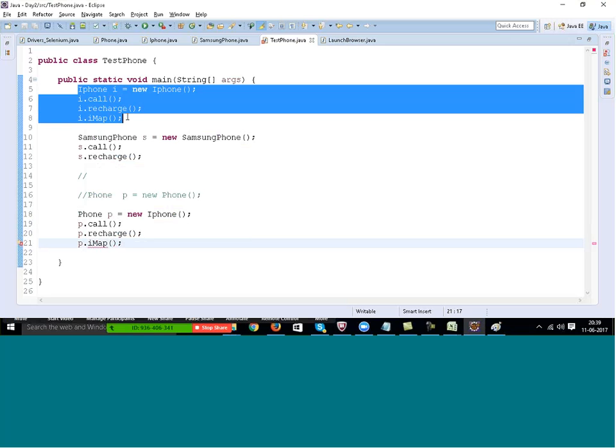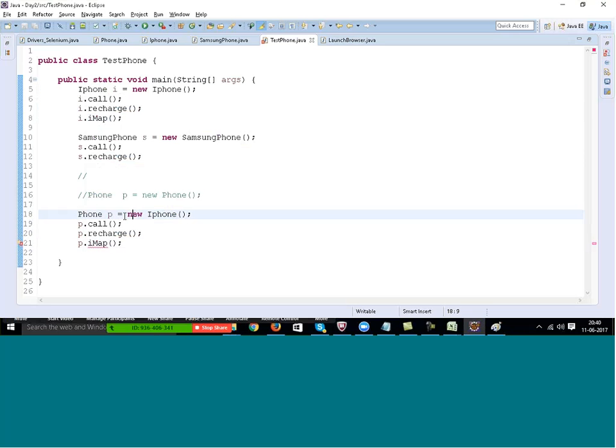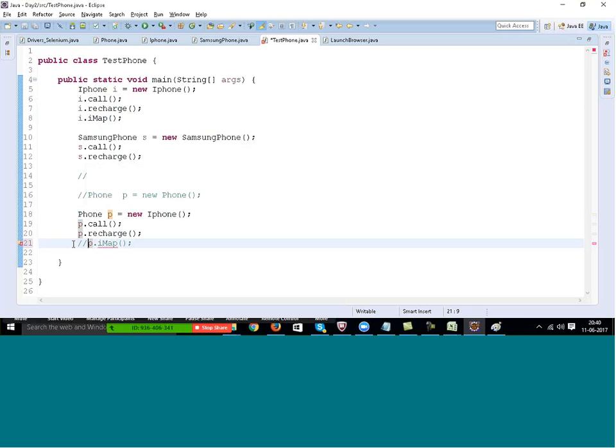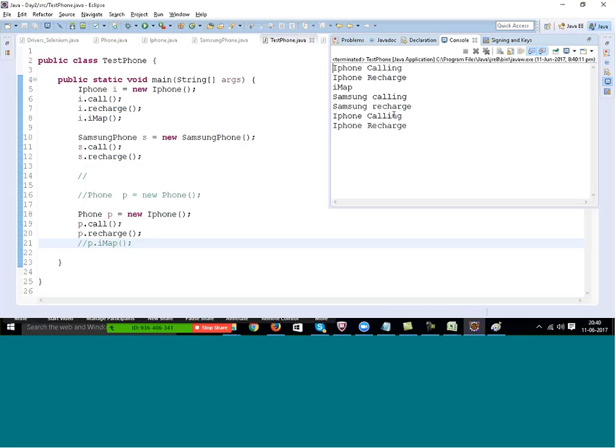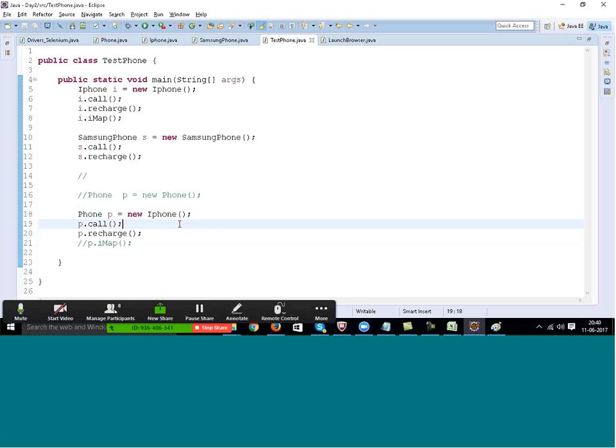If you create an object like this, you can access all the functions of iPhone. But if you create the object with the reference of the interface, you can access the functions which are in the class coming from the interface, not the proprietary functions of the class. Okay, if I run this code, it will print iPhone calling and iPhone recharge. But what is the advantage of this? I can access all three over here, but I cannot there. But why do we create the object over here like this? Because we are not able to access all the functions. The advantage or the reason why we do this is that